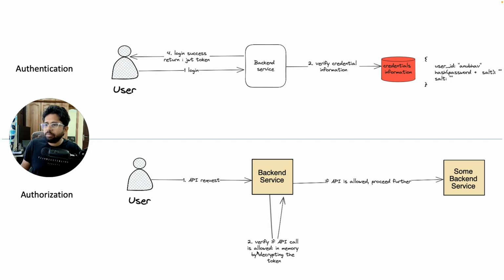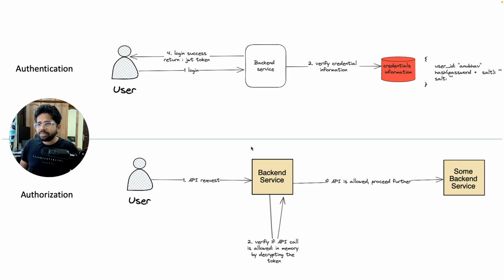So in the new approach, the same API will be able to verify all the accesses and proceed further. And whenever the token expires, then only you make the call to the credential information system to refresh the token. So the number of API calls might reduce from hundreds and thousands per hour to just one call per hour. And based on the severity, if your system is a little bit okay, then it's fine to have a validity of an hour. But if it is very strict, then you can have a validity of 5 minutes, 10 minutes, whatever, a very short duration of validity.